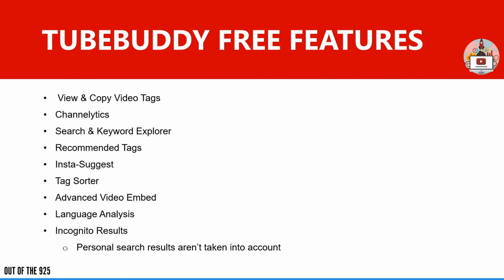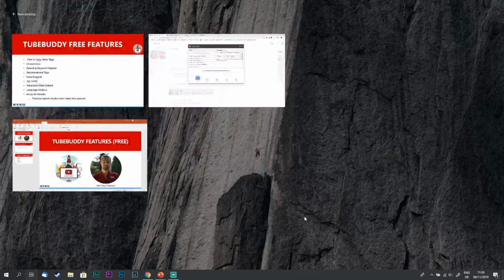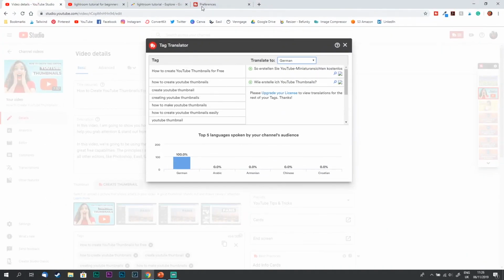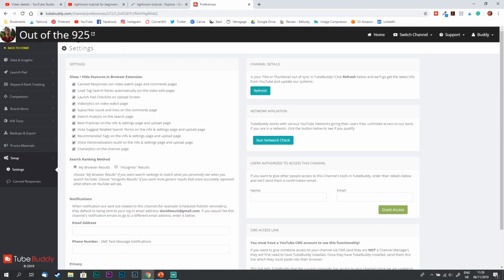To enable incognito mode, all we have to do is go to our preferences. First we have to go onto TubeBuddy, log into our account, and then go to our setup and settings under TubeBuddy in our account. Under the settings option here, we go past all of these show and hide features in the browser extension. At the bottom, we've got